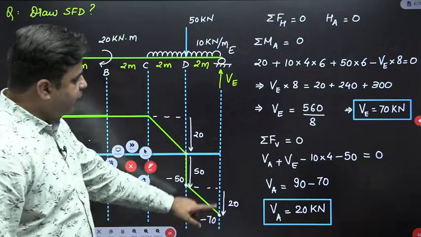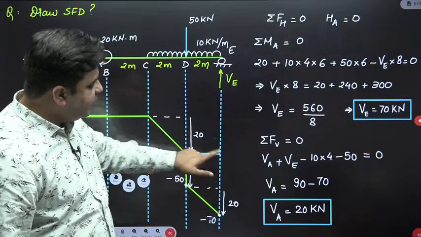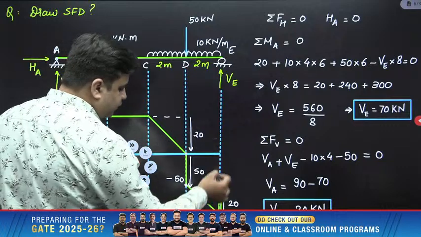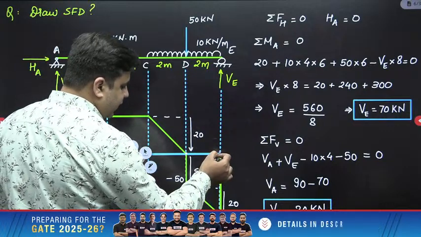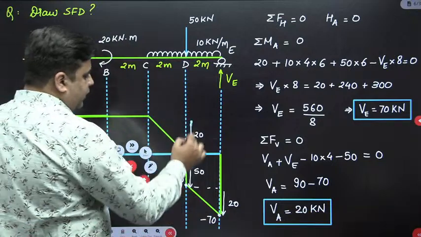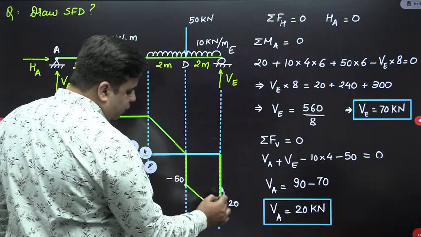Then at this point you have an upward acting point load of VE whose magnitude is 70. So this shear force diagram will close at this point E, right? So this is how you need to move linearly for UDL, and wherever the point load is acting, you need